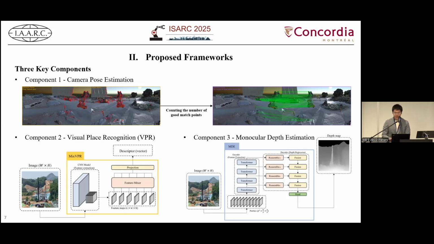Third is monocular depth estimation. Extract depth from single images to enhance feature robustness under weather and occlusion. It assists recognition and tracking in approaches 3, 4, and 5. And I used the mixed